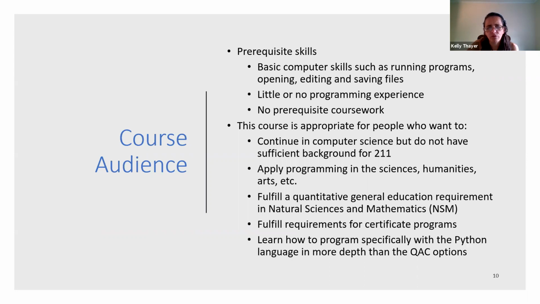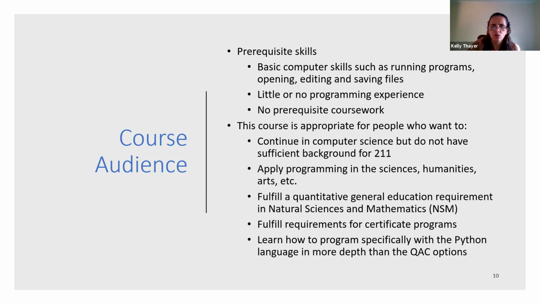If you have no prerequisite coursework in this, this is clearly the place. If you've done work at the AP level and done well on the APs, getting a 4 or 5, probably you're ready for 211. And then it is a little bit of a gray area when you're someplace in between, and oftentimes your best bet is to just talk to us and take a look at the syllabi between the 2 classes,